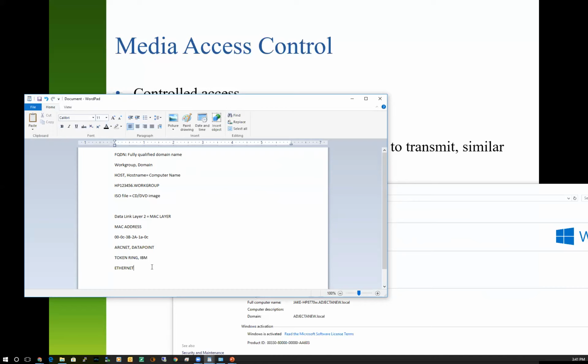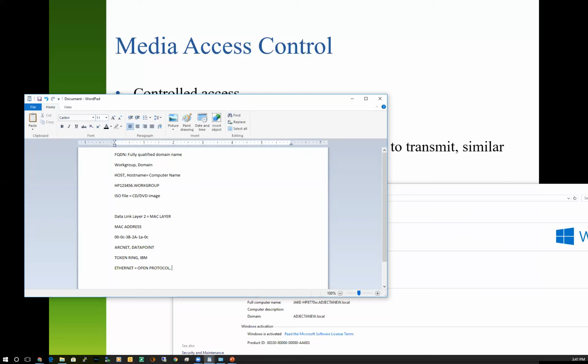Ethernet, dominant network protocol. It was developed as an open protocol, meaning anybody in the world, any hardware manufacturer, any programmer, anybody that wanted to create code or hardware that used Ethernet protocol to communicate on a network could, for free, as long as they adhered to certain rules and standards, or maybe there was a small yearly fee that you paid, but it was a nominal fee. We're talking a few bucks a year versus several $1,000s a year.